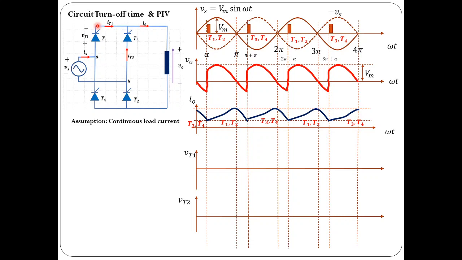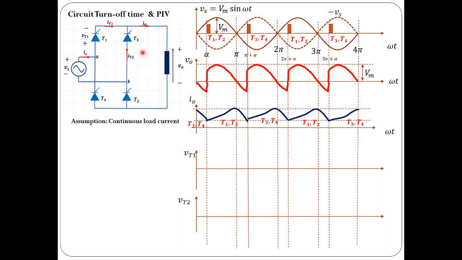The time taken by the device to turn off completely is known as device turn-off time. So device turn-off time must be less than circuit turn-off time, or circuit turn-off time should be more than the device turn-off time. Let me repeat. For example, if the device takes 2 microseconds to turn off completely, the circuit turn-off time should be more than 2 microseconds, so that the circuit would ensure that the thyristor is properly turned off.